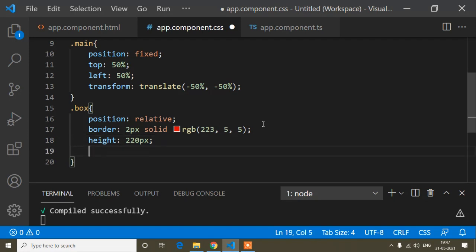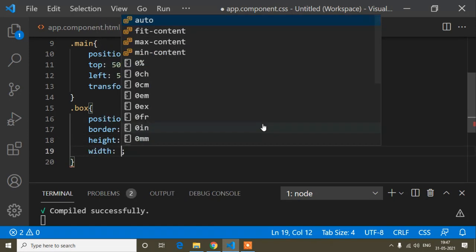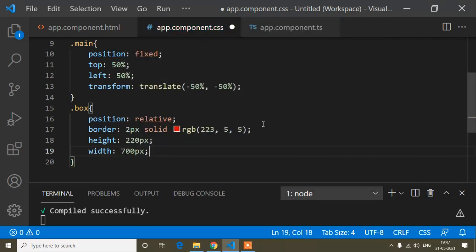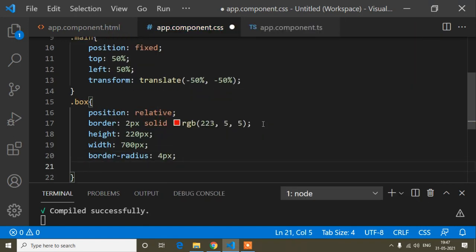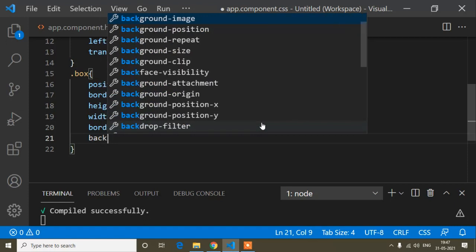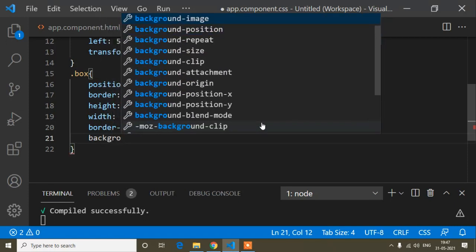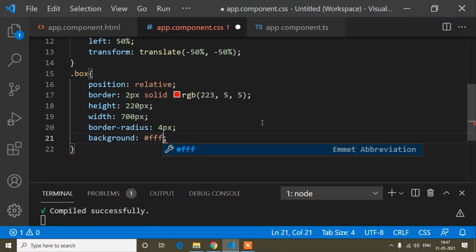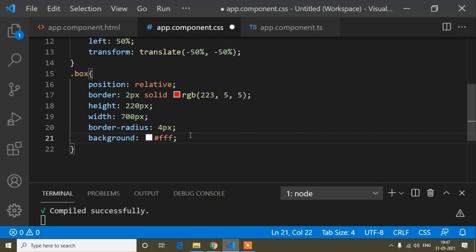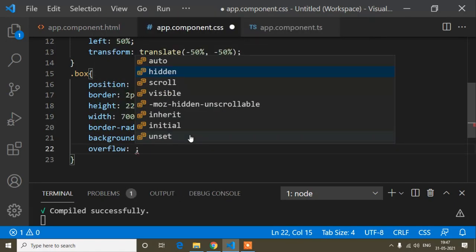And now here I will write the width is 700 pixel, and the border radius is 4 pixel, and here I will add the background color, that is white. So the white color code is FFF. Okay, and now here I will write another CSS, that is overflow hidden.